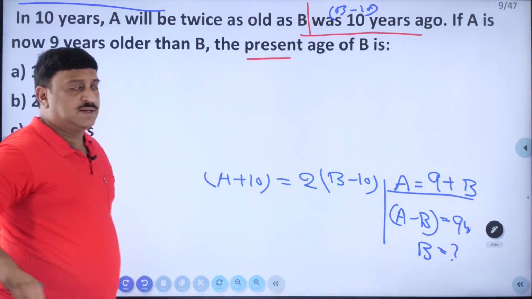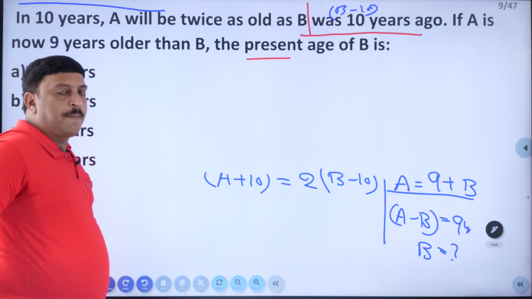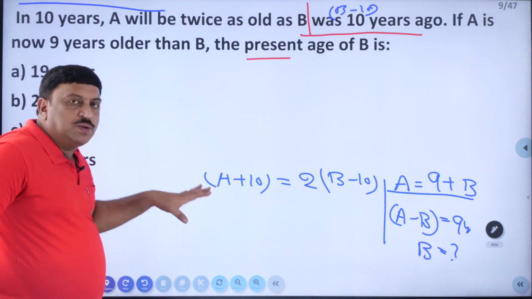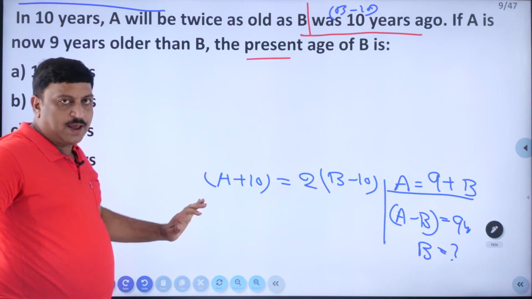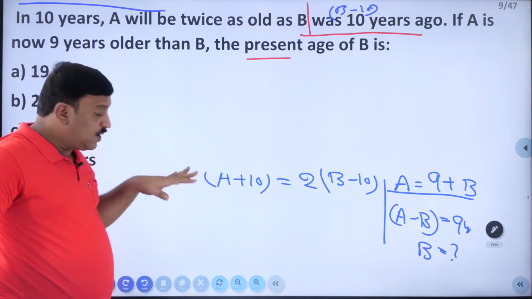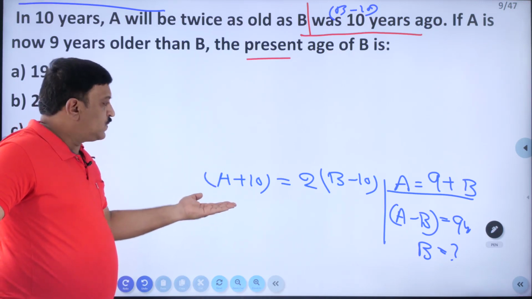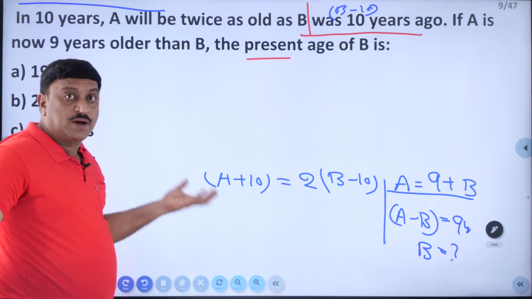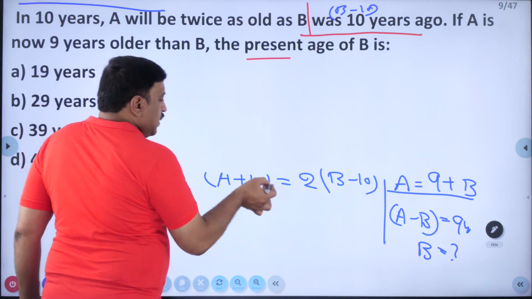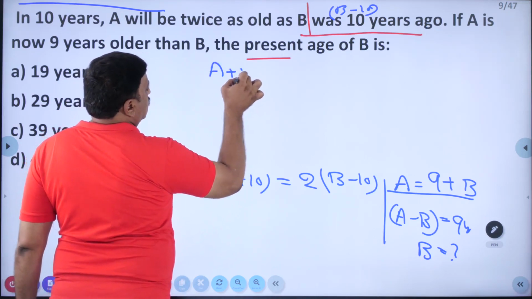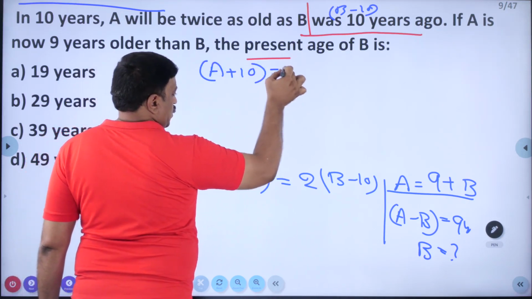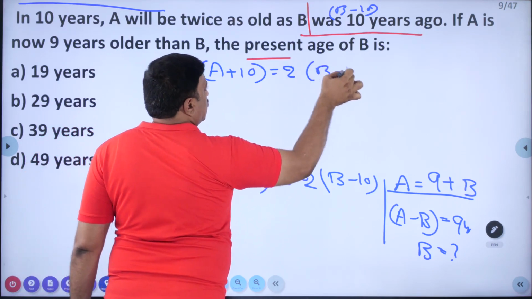Put it as it is, the present age of B. See, we can do this one in a shortcut way. Okay, fine. Right? Definitely, I can say that we can do this one shortcut. But what is the original way to do this one? Because it is a little bit complicated. Let us see. First of all, this information I am writing here again. A plus 10 is equal to 2 times of B minus 10. Then,